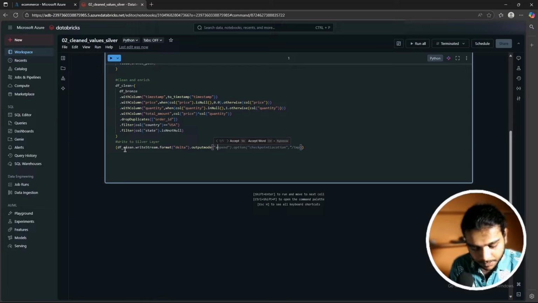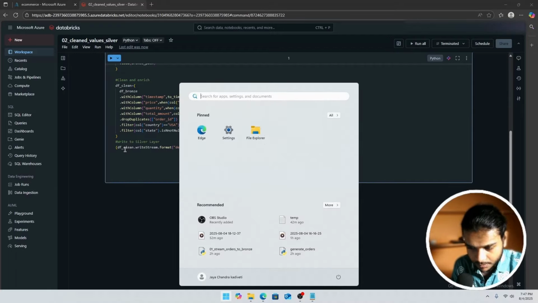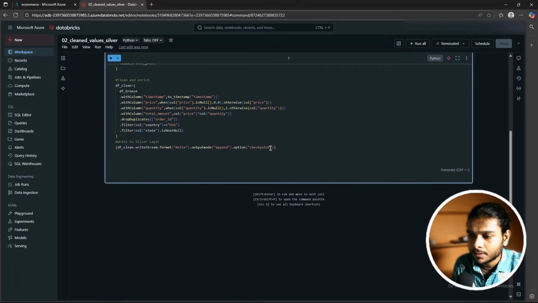So we all know should be append, dot option of checkpoint location, checkpoint location, comma. This time it's silver path